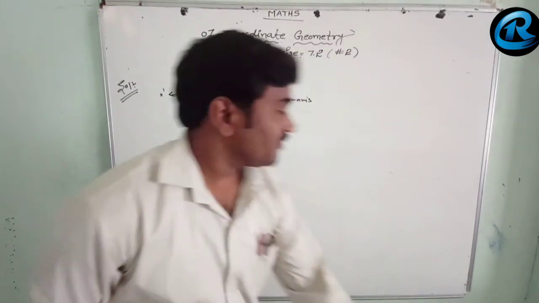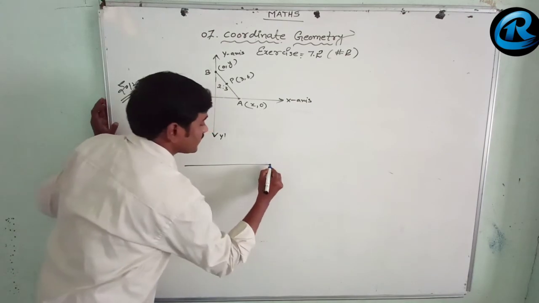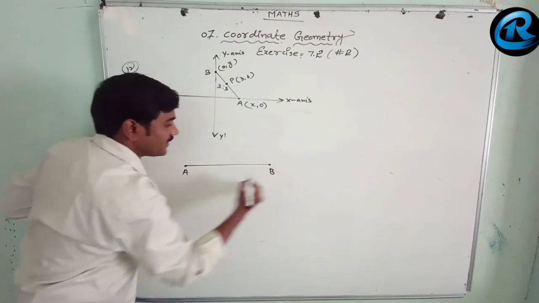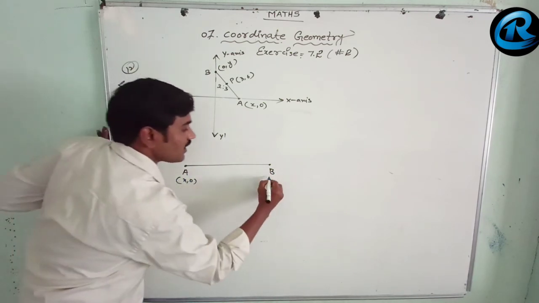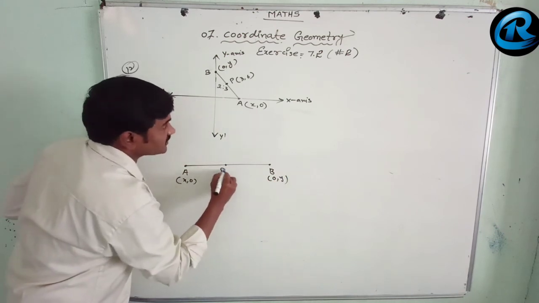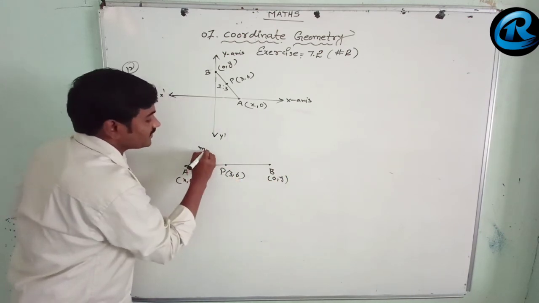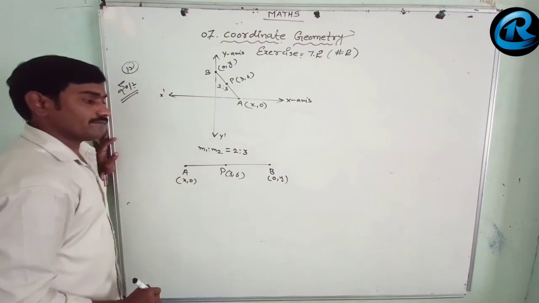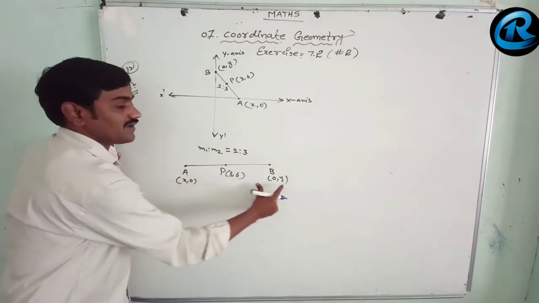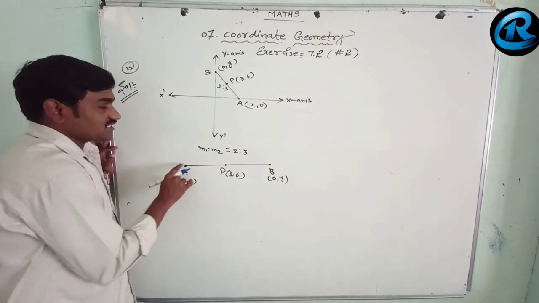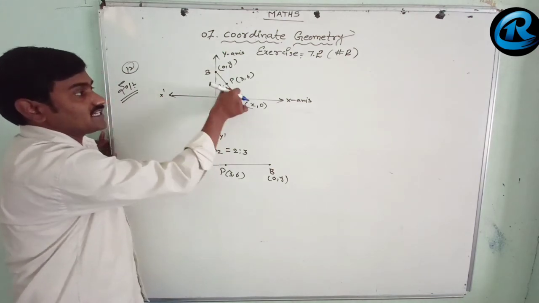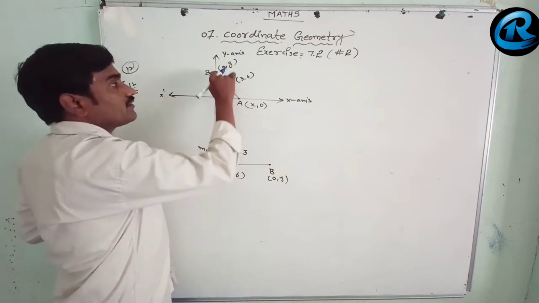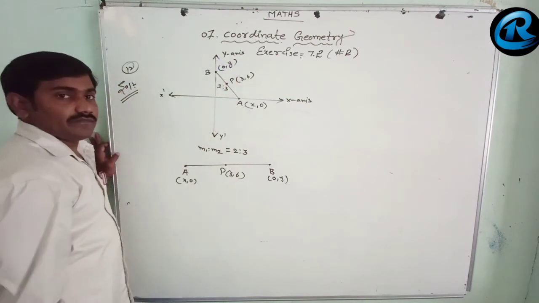Now we got this simplified. The same thing I will write here so you can understand clearly. This is point A and this is point B, and this is (x, 0) and this is (0, y). And the point P(3, 6) divides it in the ratio m1:m2 = 2:3. Now we have to find out what the x value and the y value are, because A and B are meeting on the coordinate axes. A is on the x axis as (x, 0) and B is on the y axis as (0, y).